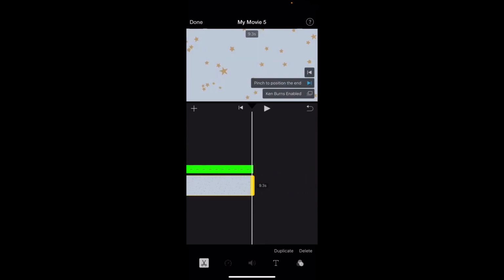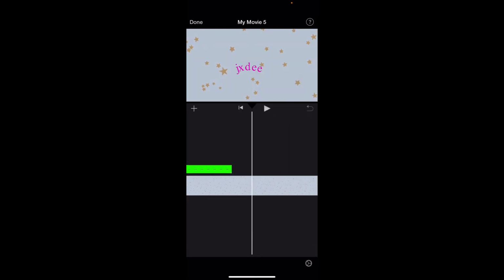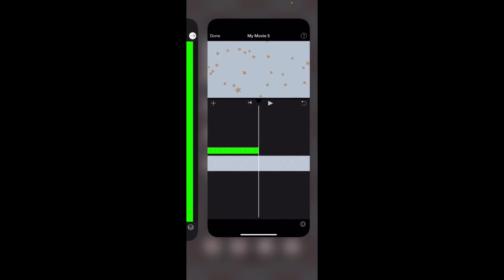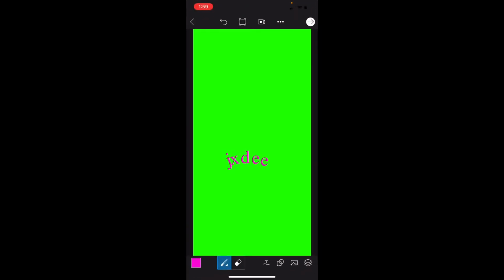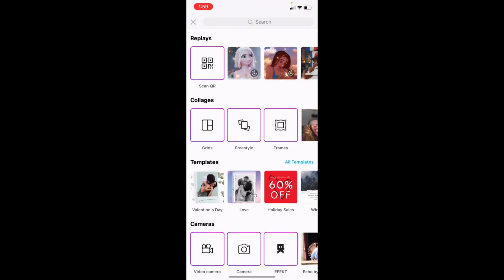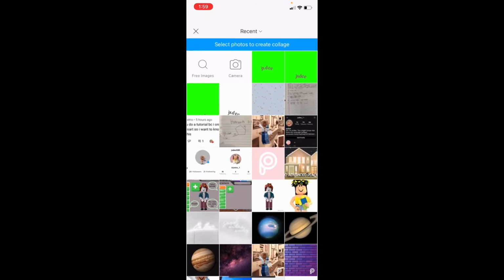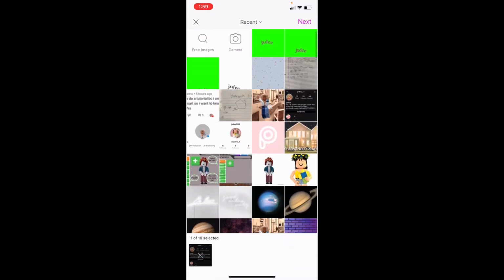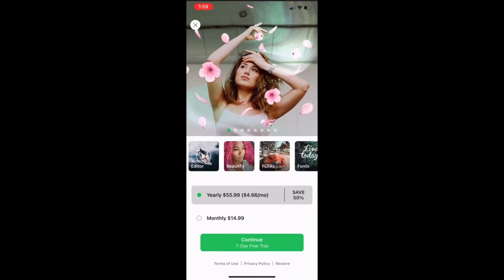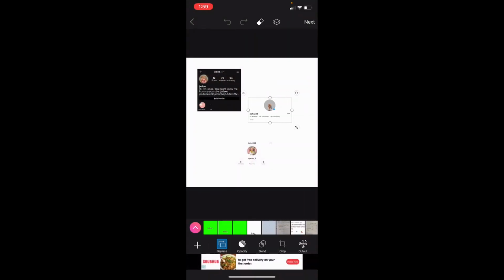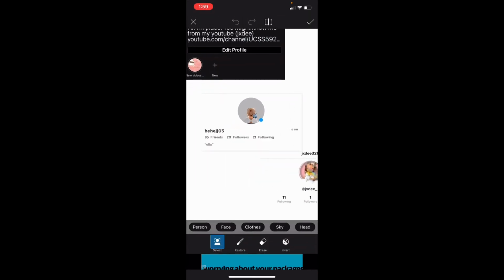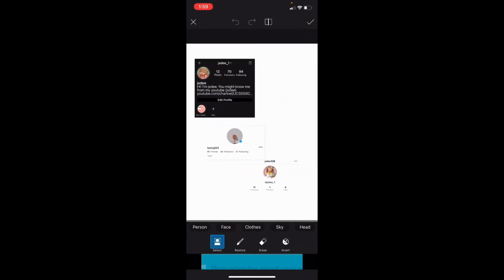And then if you want it to be even longer than that, with a subscribe animation or something, you can do this. And if you want to have a link of all your profiles, I'll show you how to do that. So go back to Picsart, no need for saving, press freestyle on the collage, and choose all of your profiles. You can set them up, and you also want to try to make the background,